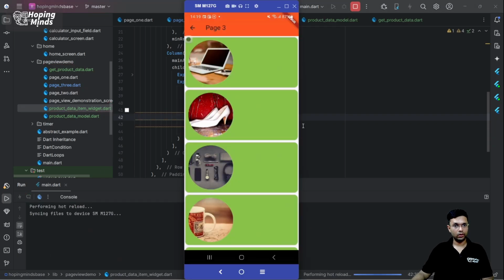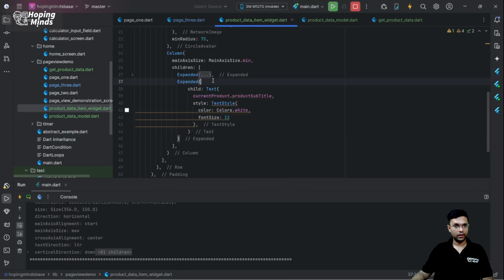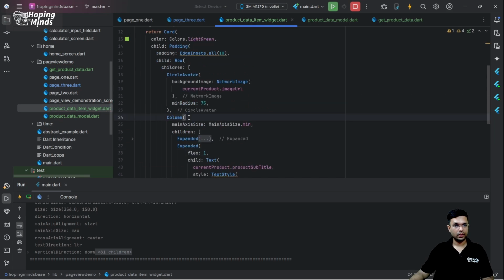Let me now try doing a hot reload. I forgot to put the flex here, and then let me now